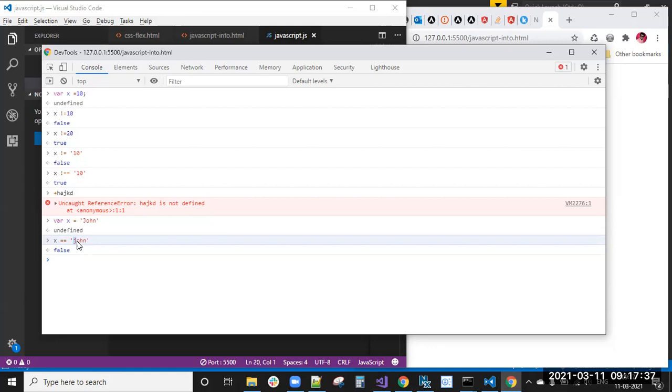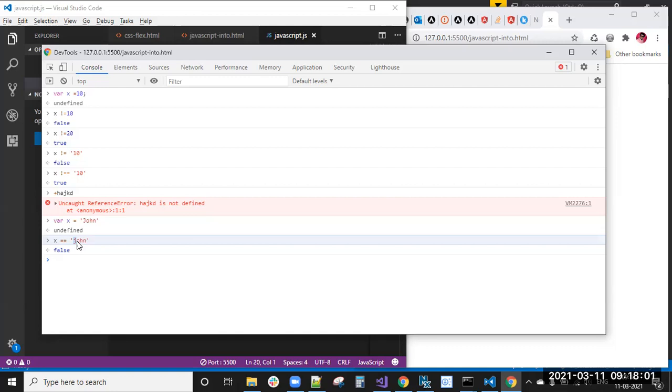Okay. That's it for today's class, guys. Tomorrow we'll see the data types. First we'll see the number data type and the methods available in the number data type, and the string data type and methods available in the string data type. With this, we will complete number, string, and boolean also we'll see.